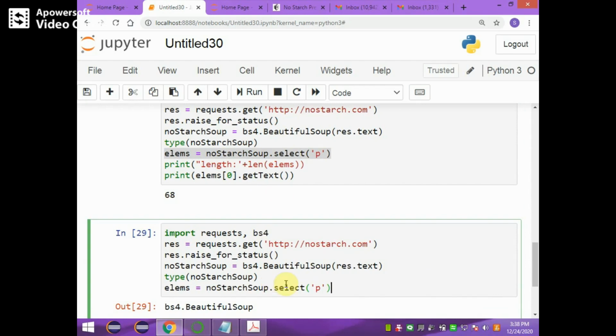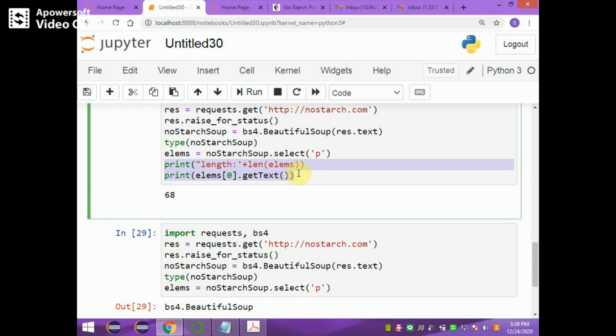It selects those elements which have the P tag, and stores them in the elements object. Now, if you want to see the length of the elements, you can see the length of elements and then you can display the first element.